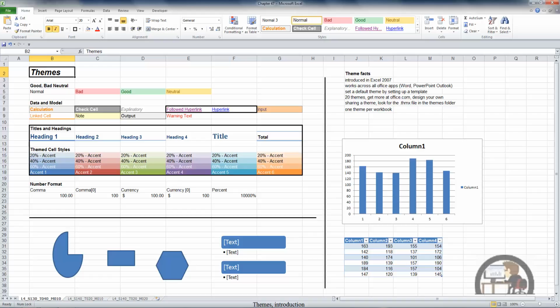The themes are stored in the themes folder using a .thmx file that you can send to somebody else and have them stored in their theme folder. And there is only one theme that's applicable for each workbook. So themes can be utilized by using the cell styles, which allow you to identify for Excel the content